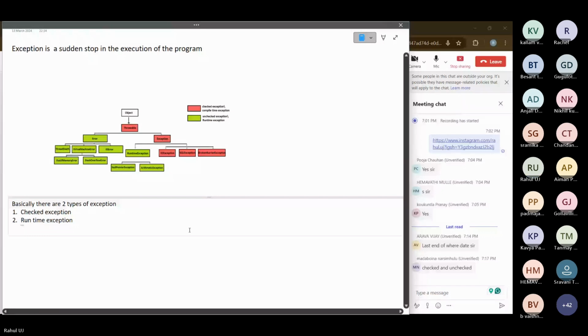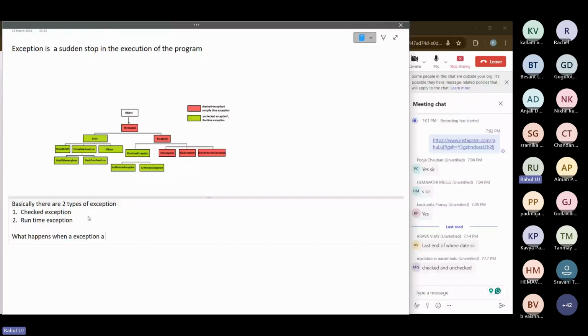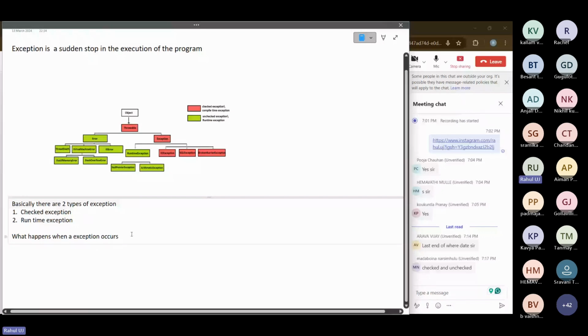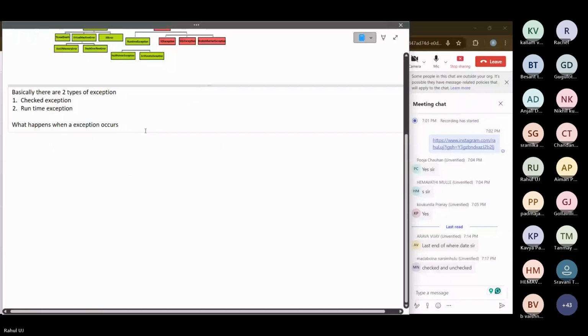So what happens? What happens when an exception occurs? When an exception occurs, when your exception is occurring, first and foremost,